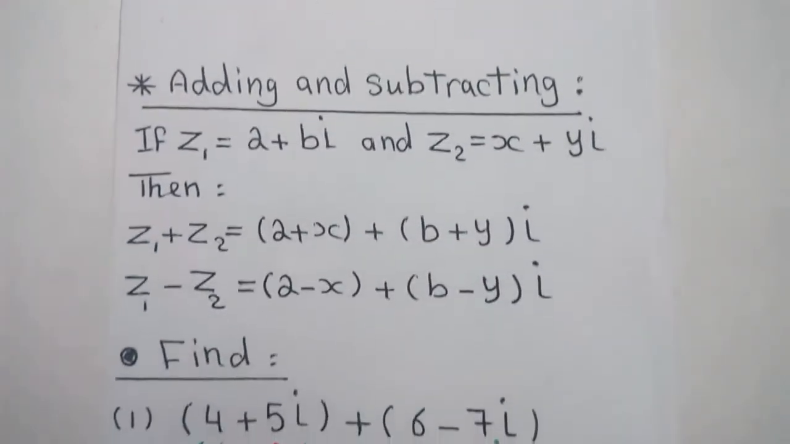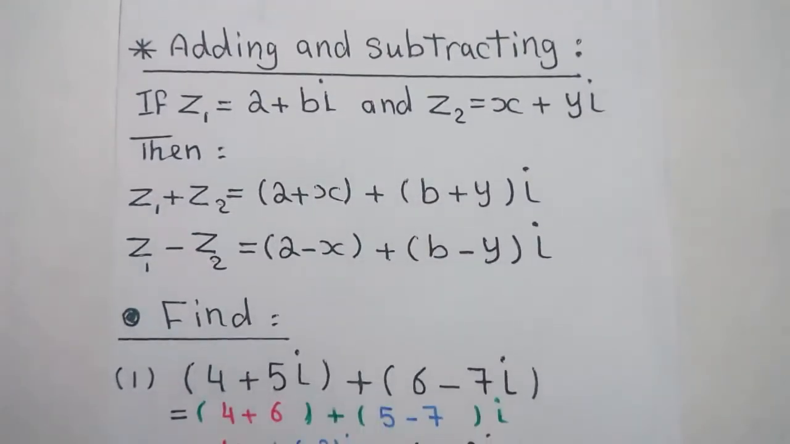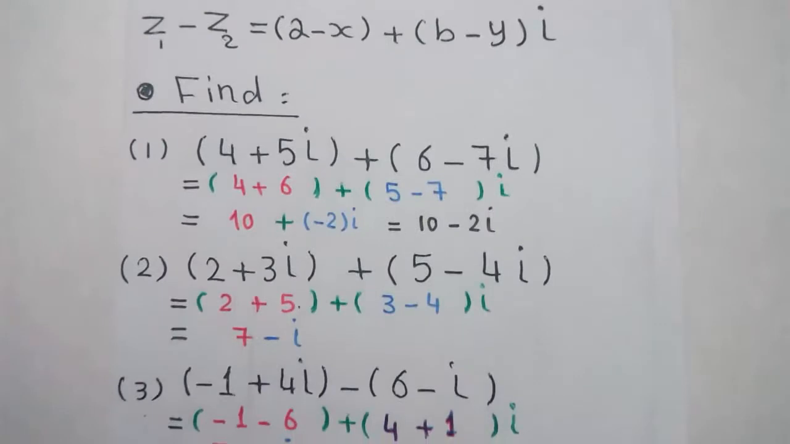Adding and subtracting. When we add two complex numbers, we must add real with real and imaginary with imaginary. And subtract برضو real with real و imaginary with imaginary. For example, find